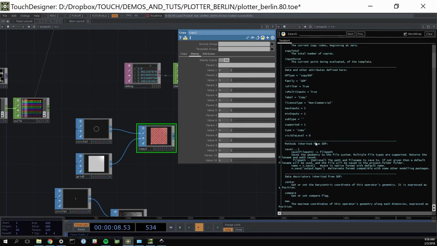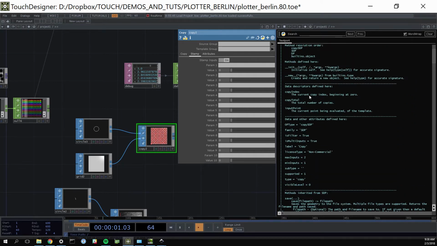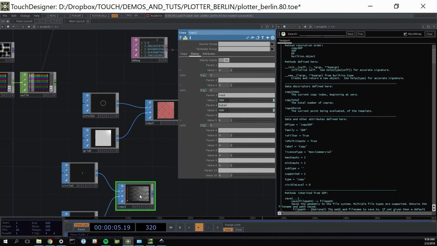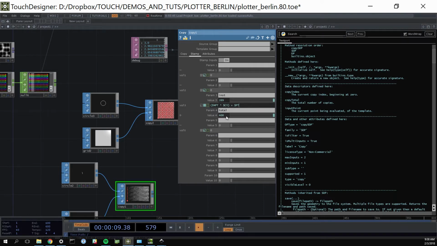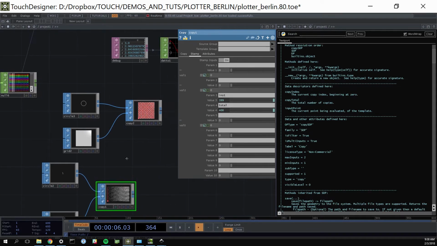Yeah, it's these again. Well, I don't think I need all of these examples. Let me see which ones I actually used. I used number of point, copy number, total number of points, which we don't have. All right, so unfortunately we've got to do this in